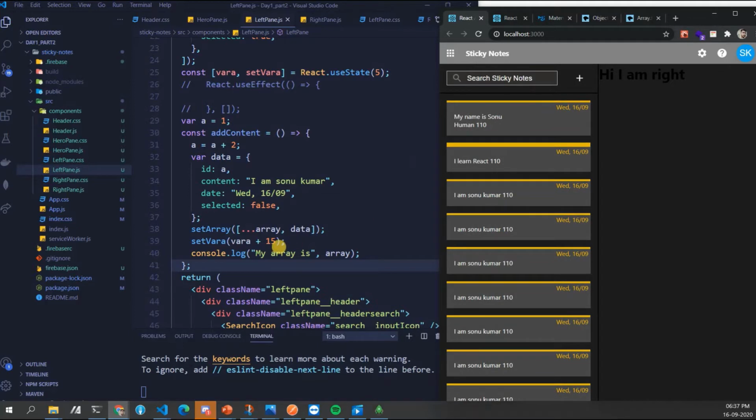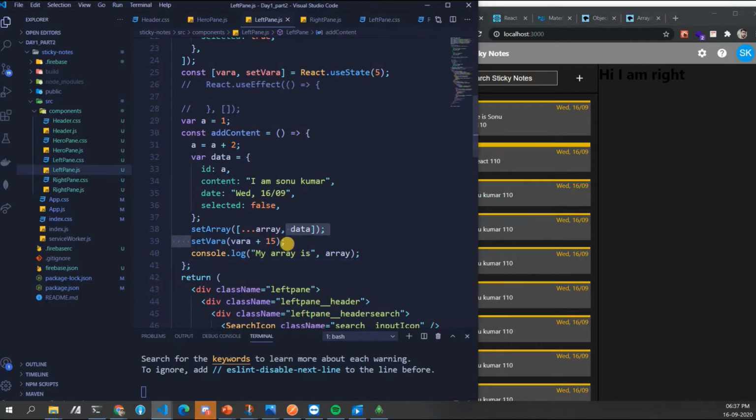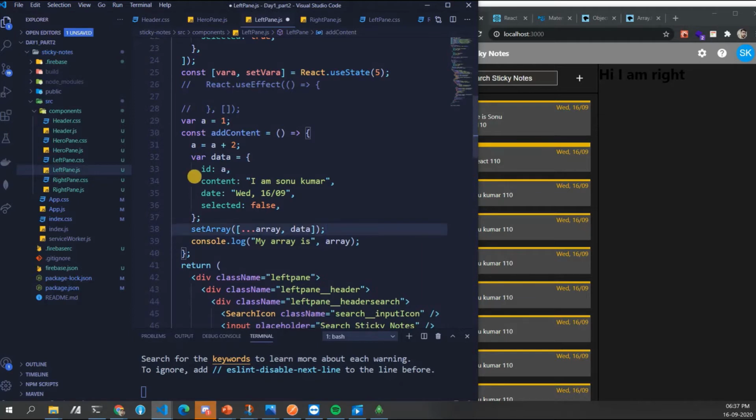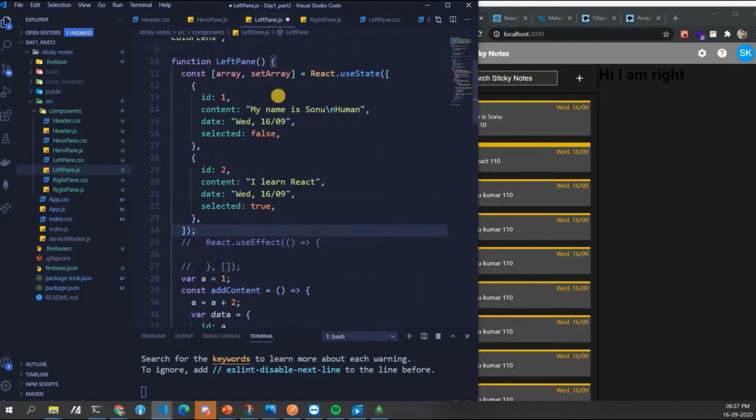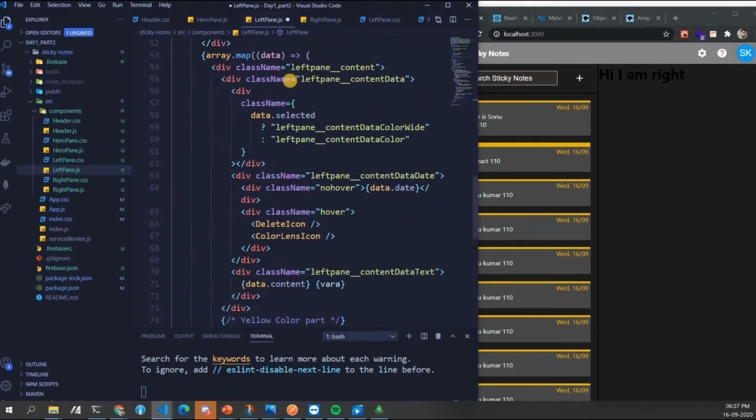So this is how you change it, guys. These are some of the ways I have shown you how to use state. The set parameter is important for this, and you have to write it like this only: set and then the name of however you want to name that hook.